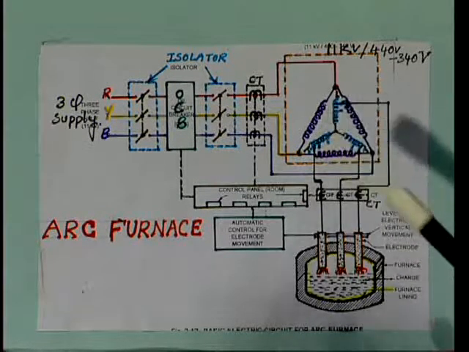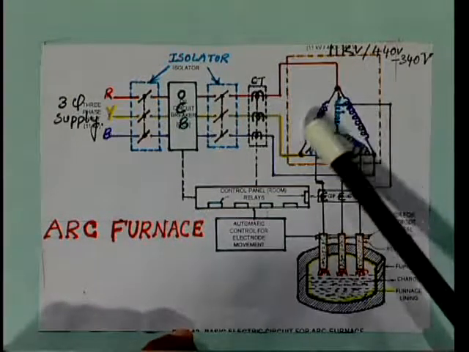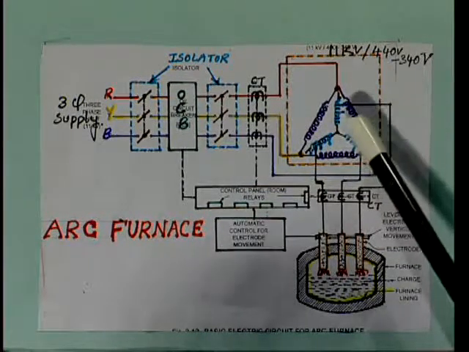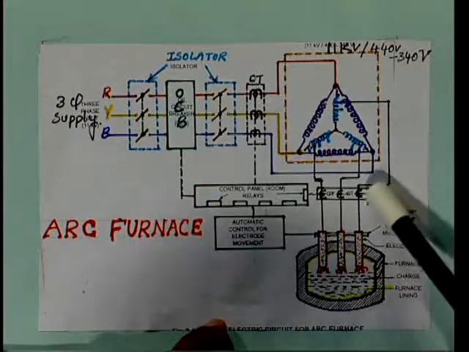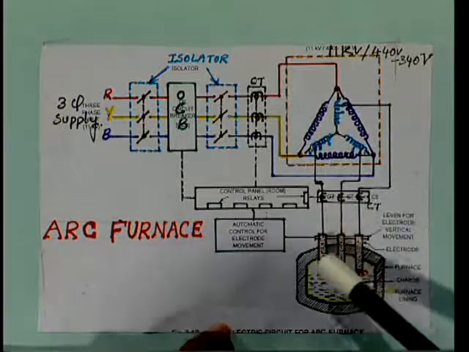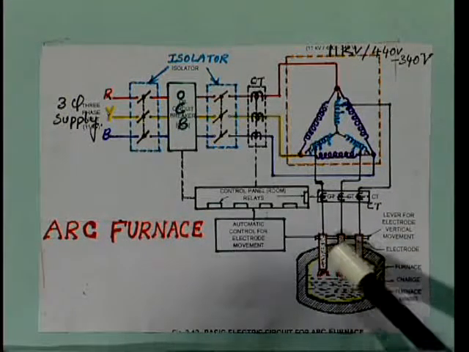The outer side is the primary, the inner is the secondary winding, which will have a number of tappings. By adjusting this tapping, the supply current to the electrodes will be adjusted,